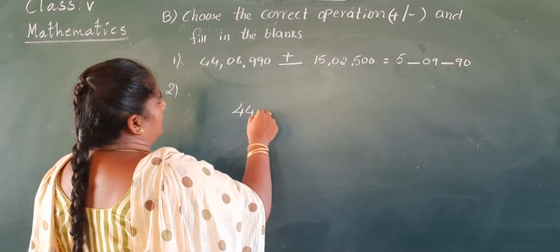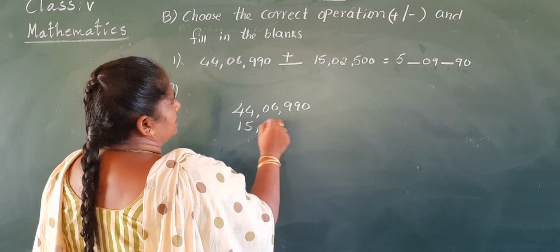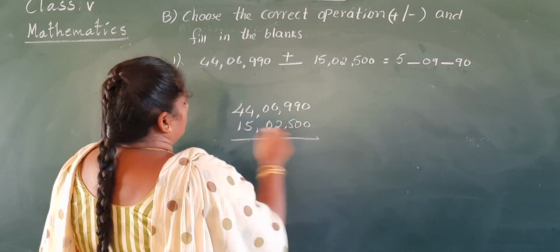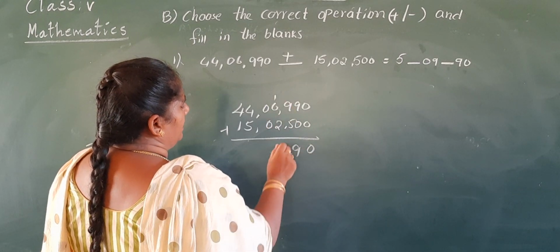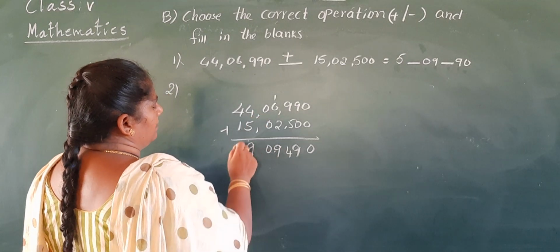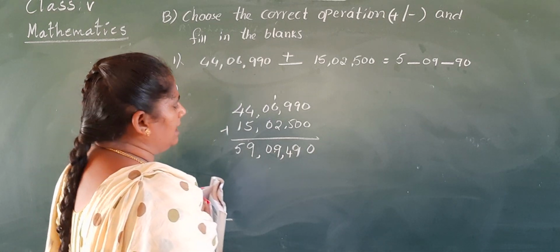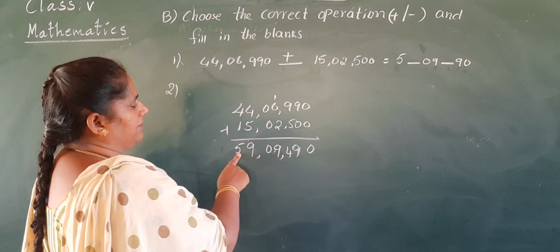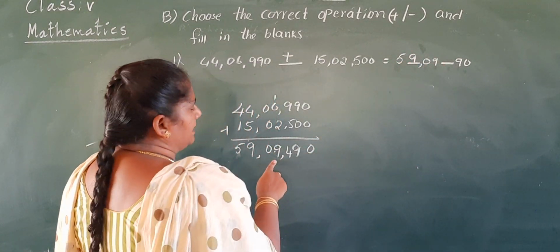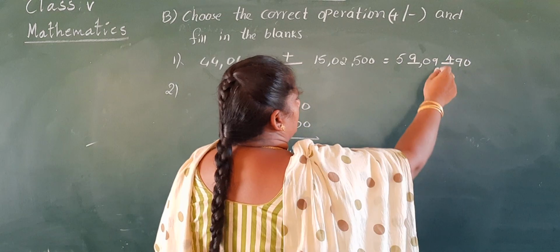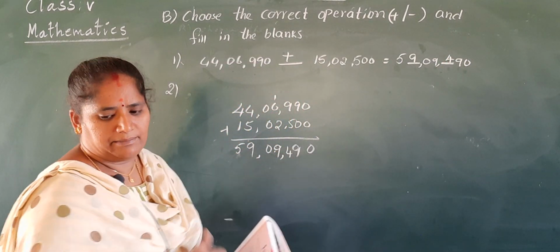Now we will do this operation here. Then we can get the remaining digits. 4 plus 5, 9, 4 plus 1, 5. So it is 59 lakh 9,419. Already 5 is given in the 10 lakhs place, so we will write 9. 59 lakh 9,400. 4 is missing here. 490. So like this we will complete the missing numbers.